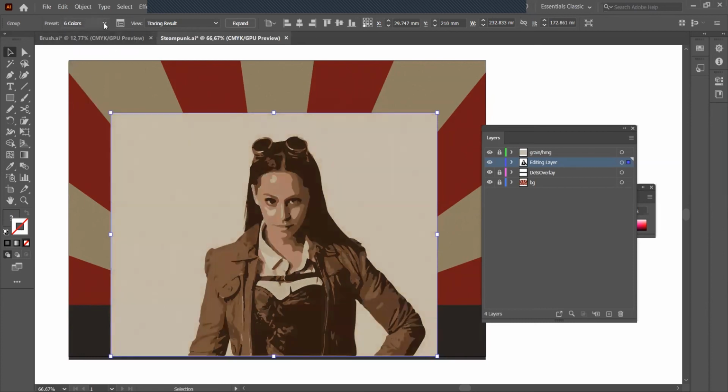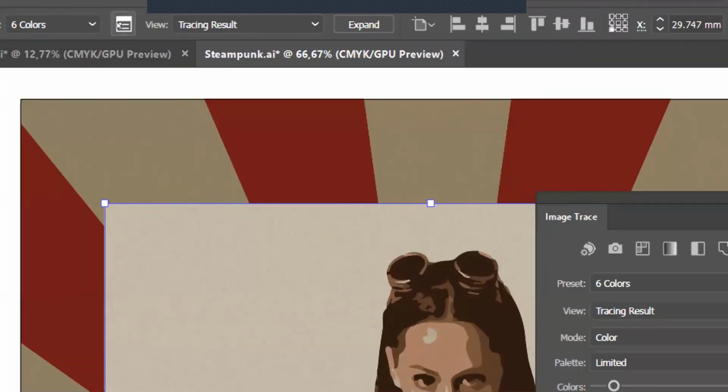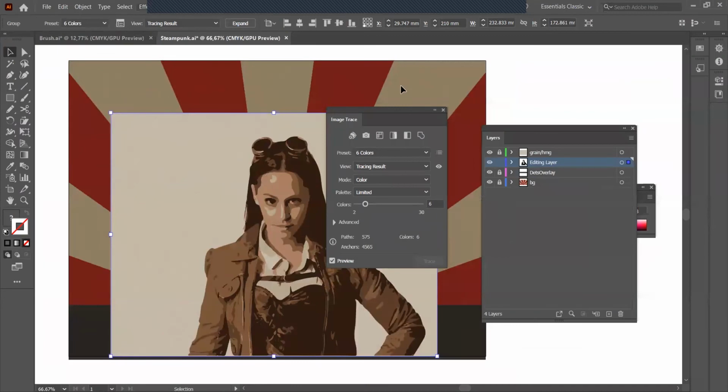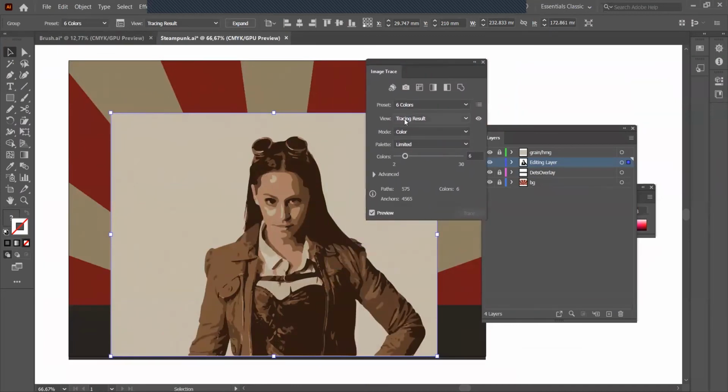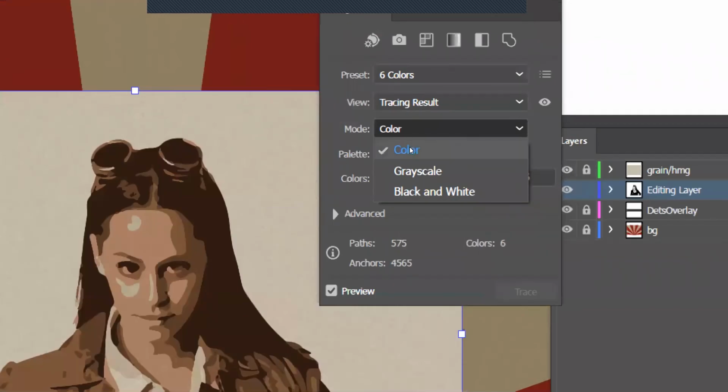Or you can click the image trace panel up here. Klik dekat sini. Okay, so you boleh adjust lagi lah. Alright, this is a preset. So dekat sini mode ni you boleh choose, you nak dia color, grayscale atau black and white. Alright. Okay, sekarang ni kita pilih color. And then